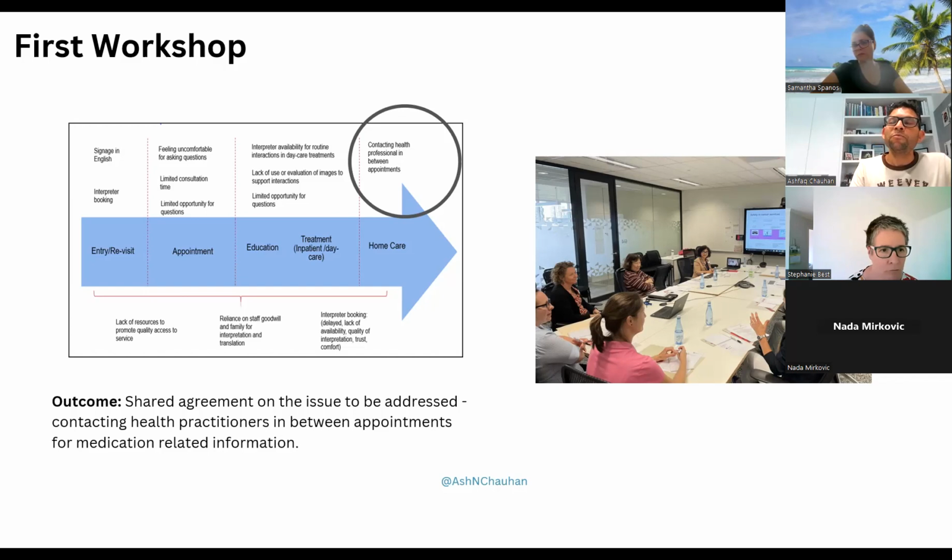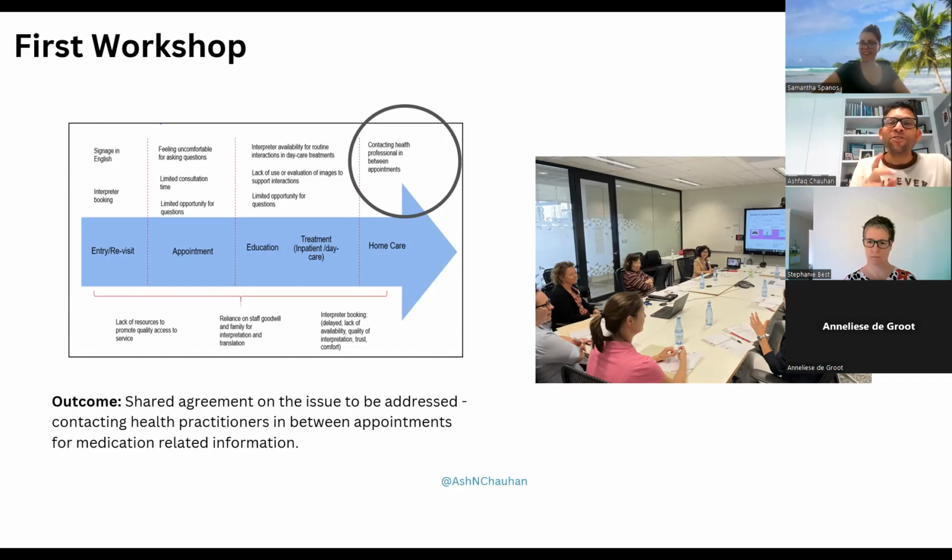And so for the first workshop, our aim was to identify, from this range of issues, one issue that health service staff and consumers could agree on to address at that particular health service, the cancer service. And we wanted that issue to be something feasible to address. For example, there were lots of issues. One was around interpreters as well. And we acknowledge that while interpreters are a major issue, it could be a system level issue, and as a co-design we may not be able to implement a solution within the time frame that we wanted.